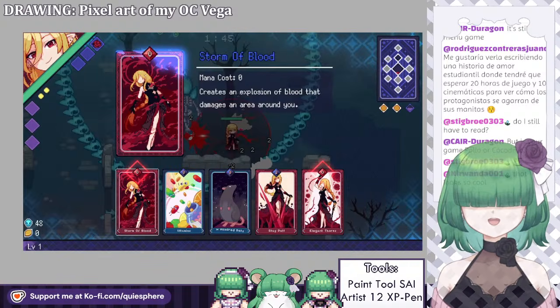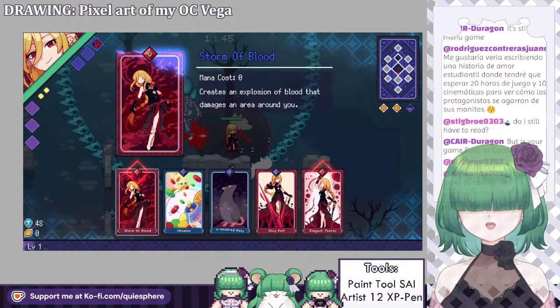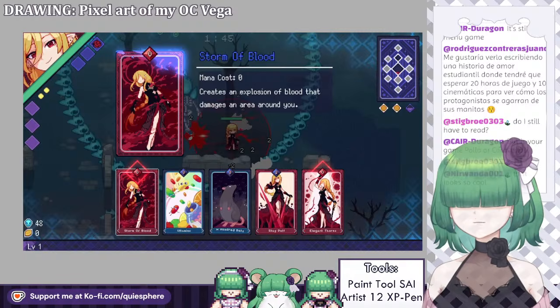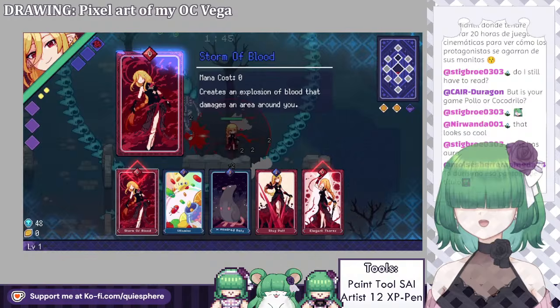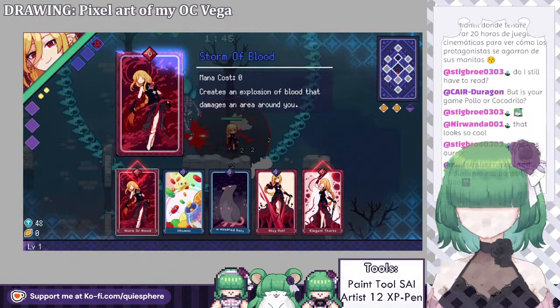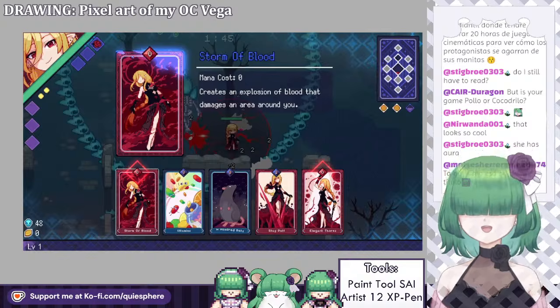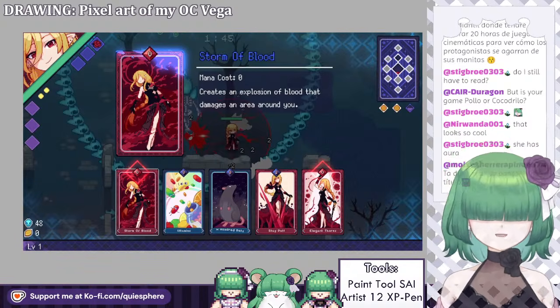The programming and all that and game design has been my friends. I did program some things. I think I programmed the initial movement of the character and some other stuff. But most of the programming is done by my friends, so I do art. I only do art right now.